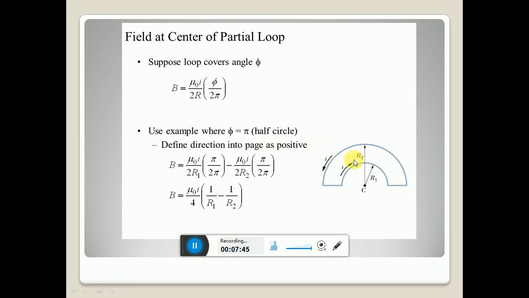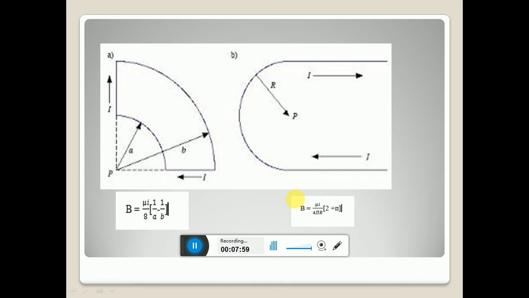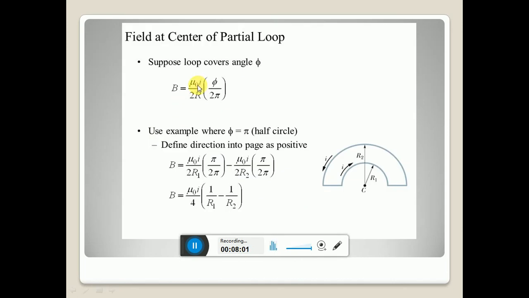In this first basic example, current is flowing through semicircular wires combined like this. So a simple formula to determine the magnitude of magnetic field along the semicircular part, we can give it by mu naught I by 2r into phi by 2 pi. So 2 pi is the angle subtended by this arc at the center. If you want to remember, you can remember that formula.